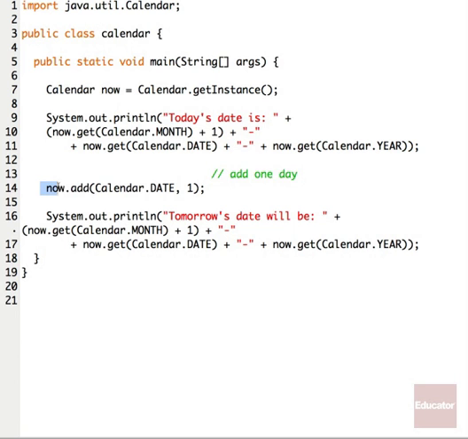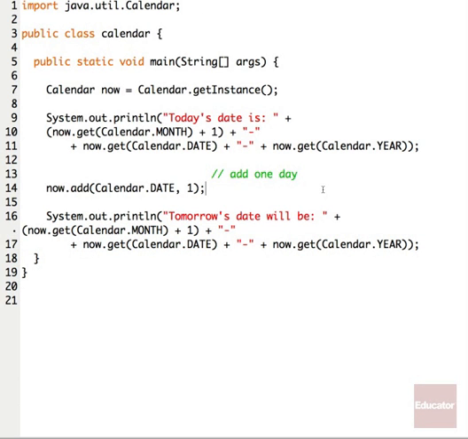That's going to use the function now.add, and the calendar date is going to get 1 added to it. So whatever today's date is, we'll add 1 day to it, and then it's going to display in the next system out statement what tomorrow's date will be, because we've added 1 day to it. And here it's going to use the function, and it is going to return tomorrow's date to the user.